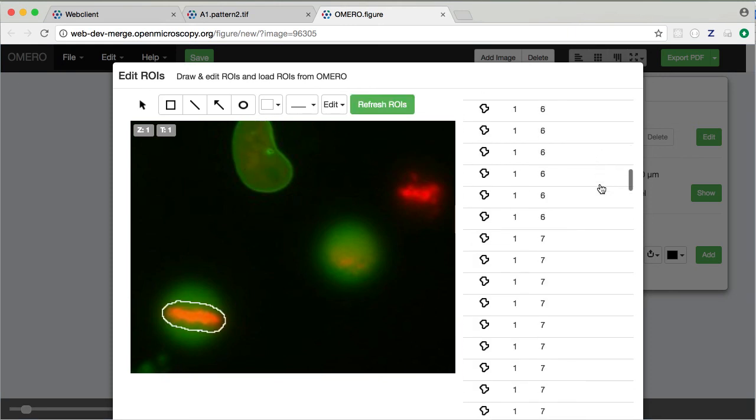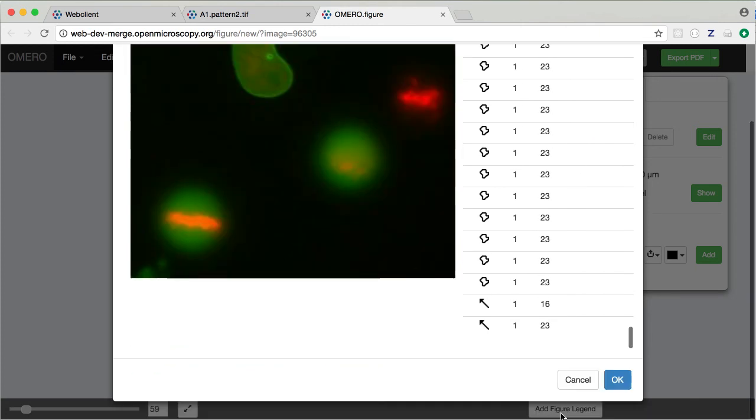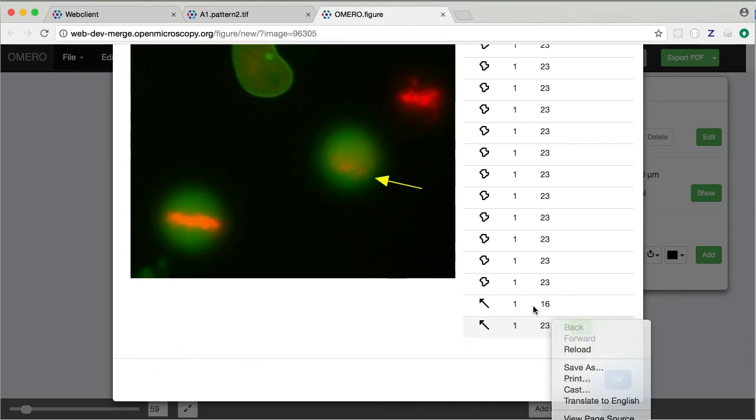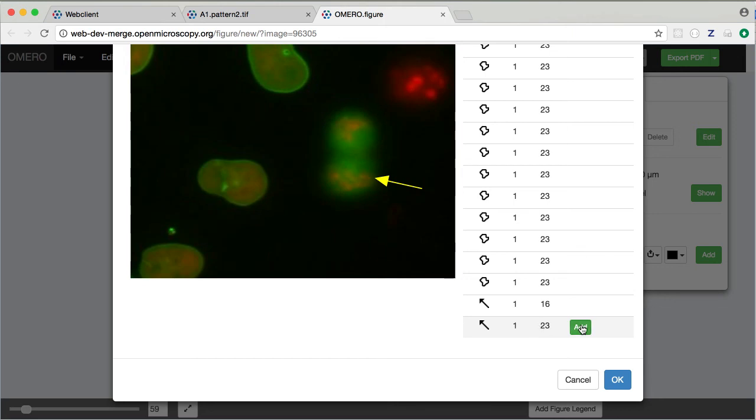and in this list here we'll see all the ROIs from ImageJ as expected, but also the ones that we've created in iViewer. And I can add these